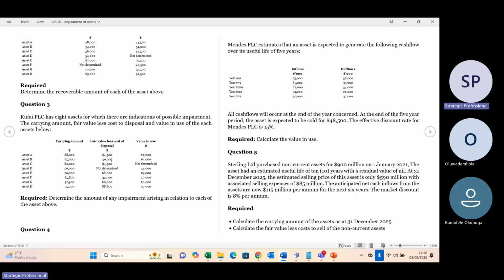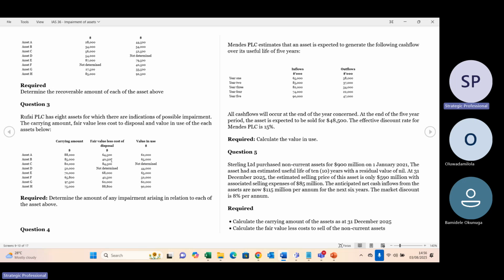Now, I also mentioned that the examiner can set traps. Another trap they can set in value in use is with the net cash flow. The examiner can be silent for the net cash flow. If the examiner is silent, it makes your life easy. You are good to go. Calculate your value in use.